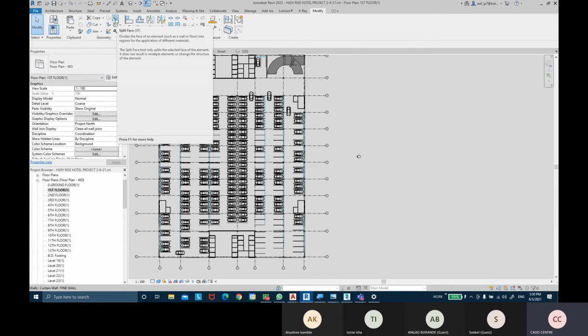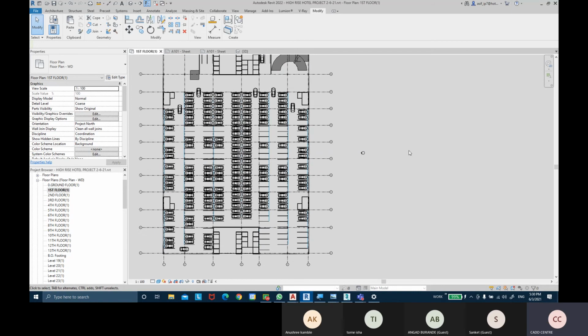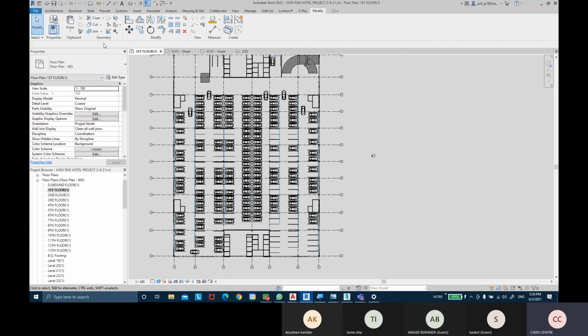These are for construction purposes, or construction detailing of building elements like beams, roof, slabs and columns, and paint materials and wall joinings. So these are literally important geometrical modify tools that have been given over here.